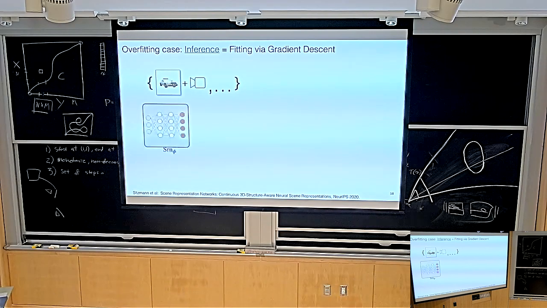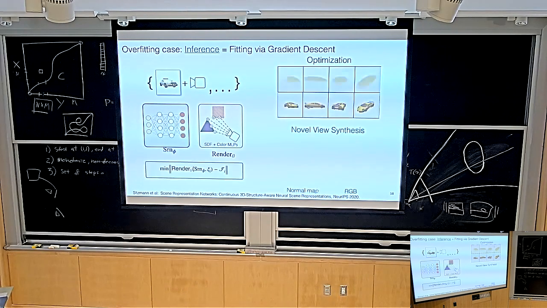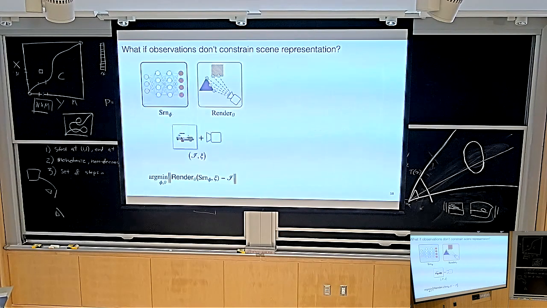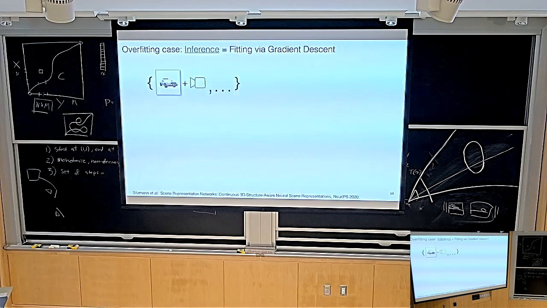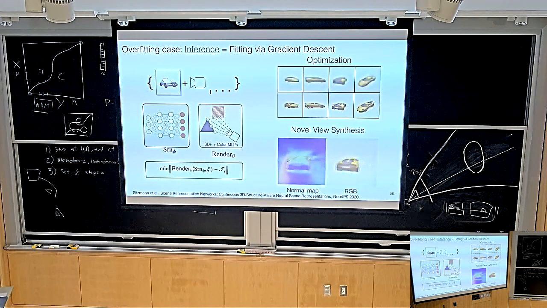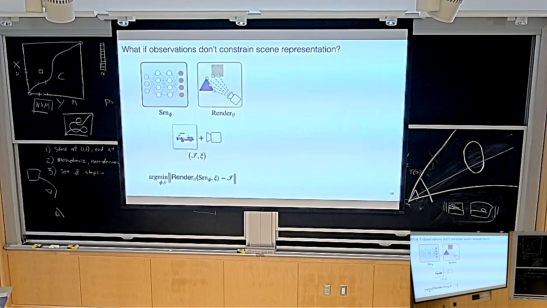So now here's a little toy problem. The thing we discussed so far is where you have lots of images, for instance, of this toy car, and then you can fit the toy car using differentiable rendering, yay. Or you can do it for real-world scenes, so we have nailed this now, great. Okay, so now we're going to make the problem a little harder. What if I only give you one image of the scene?